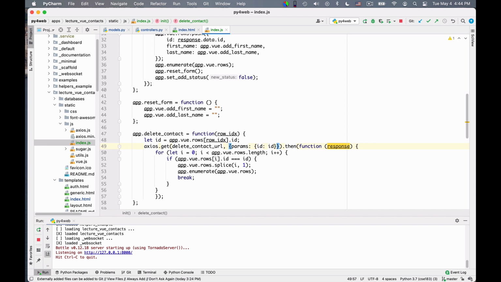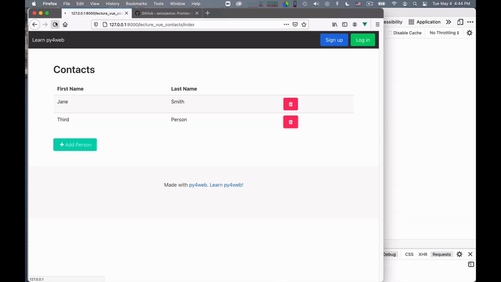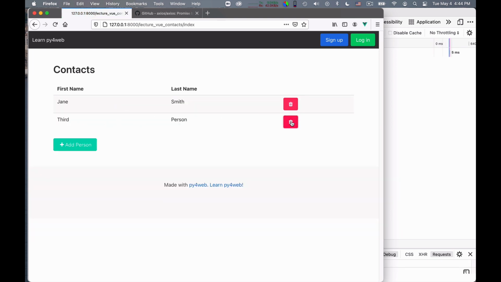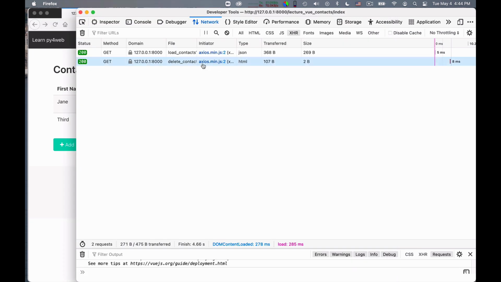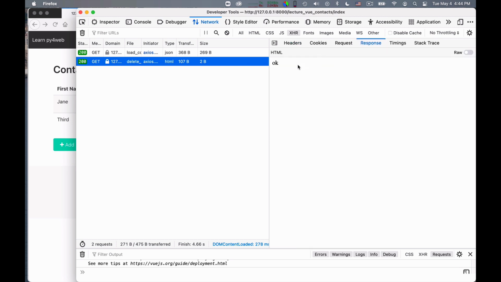So let me restart the code a moment. Okay, sorry, let me restart so that we have this assertion that will be checked. I reload the page. You see that the data that I thought was deleted is actually not deleted. I try again to delete it. Okay, let's look at the delete contact. Okay, now there is a signature and there is also an ID equal to 2. The response is okay. Hopefully now the data has been deleted.